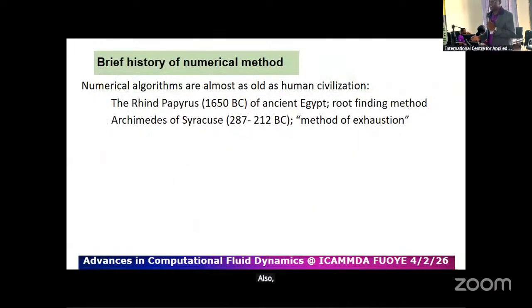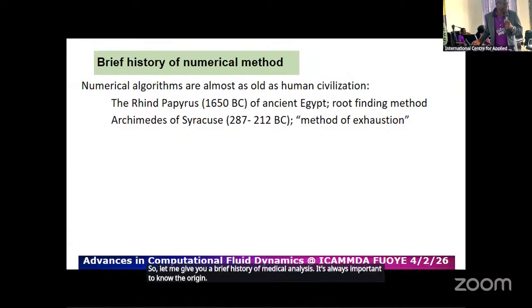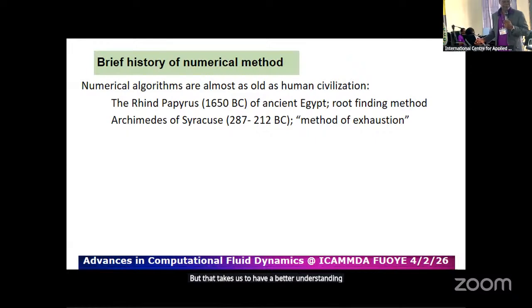So let me give you a brief history of numerical analysis, because it's always important to know the origin, because that helps us to have a better understanding of where the whole thing starts from. Numerical algorithms are almost as old as human civilization. Why? Because if you look at the time of the ancient Egyptians, the Rhind papyrus in 1650 BC, they used some numerical device, let me put it that way, developed in one way or the other for finding the root. So we call it the root finding method, finding the root of some quantities,